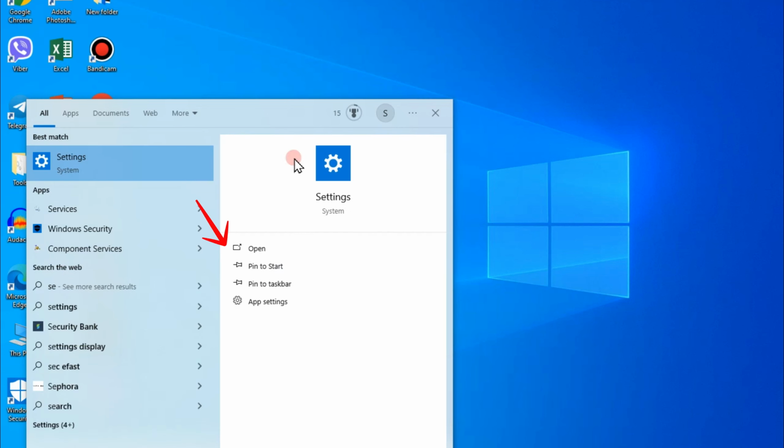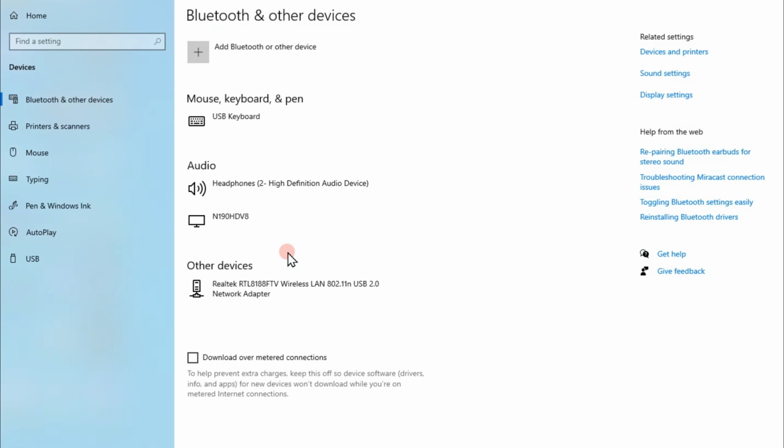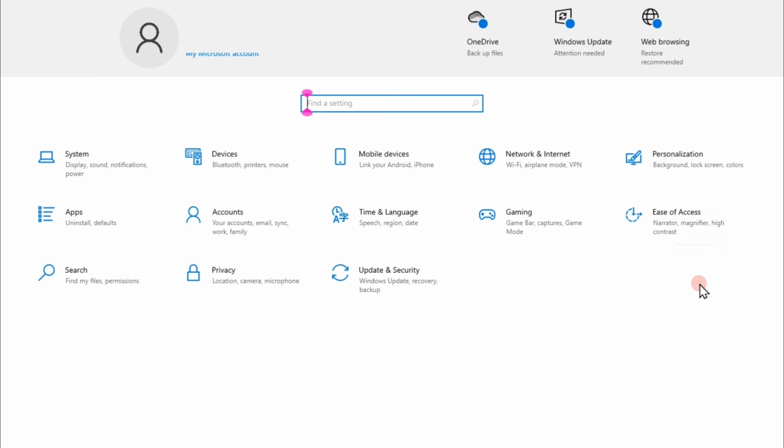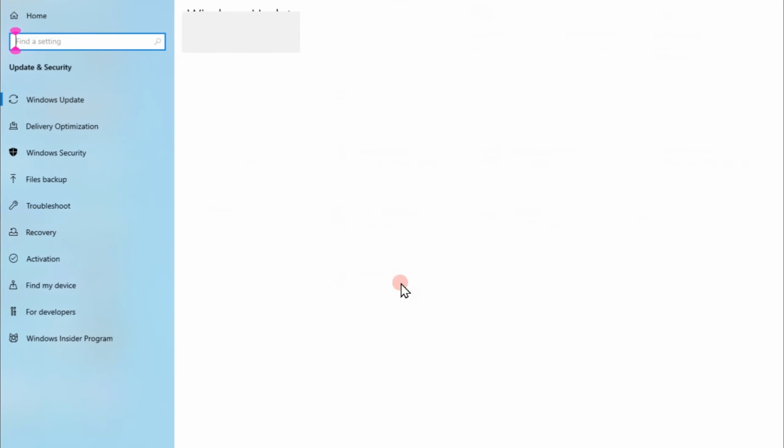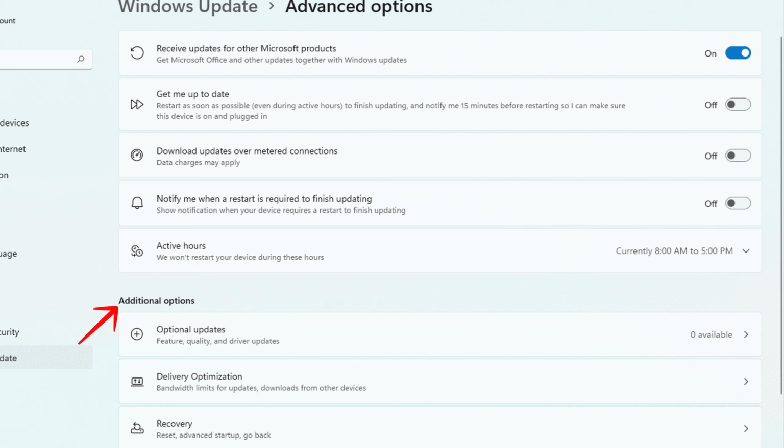So first you just have to go to your settings, and then here on your settings you have to look for Windows Update, or Update and Security. Tap this one. Now if you're using Windows 11, on the Windows Update you have to look for the advanced options. Below here there is this optional updates under advanced options, and here you will see any driver that